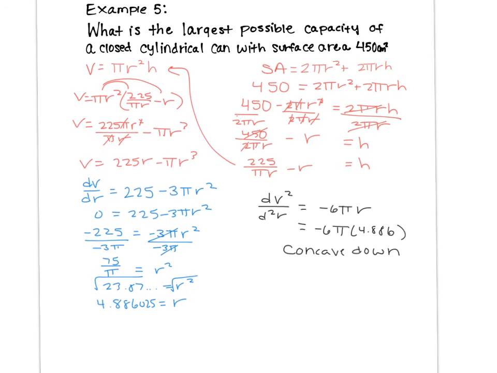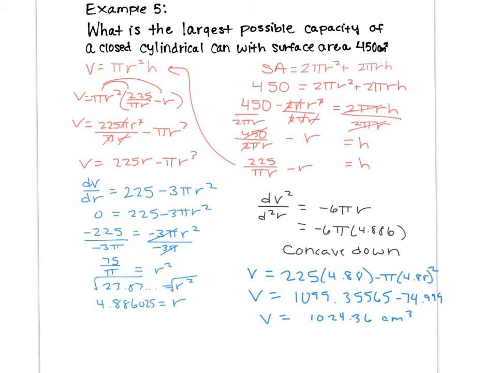And when we go back to the question, it's asking us what is the largest capacity. So we found that the largest capacity happens when the radius is 4.88, but we want to know what is that capacity. So the only way to find that out is to go ahead and plug that 4.88 in for our original volume equation. So volume equals 225 times the radius minus pi times the radius squared. Okay, and so after you just work on plugging that in, that gave me